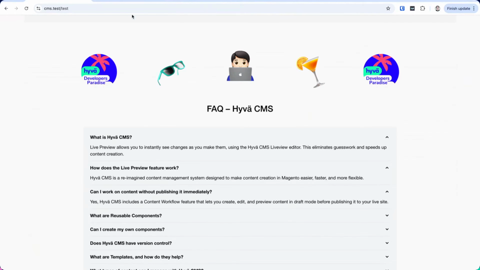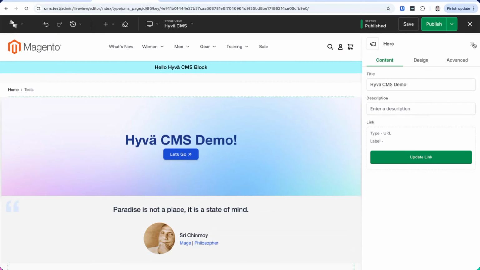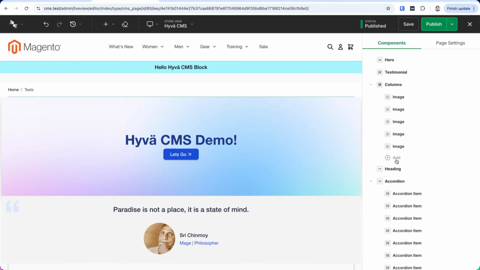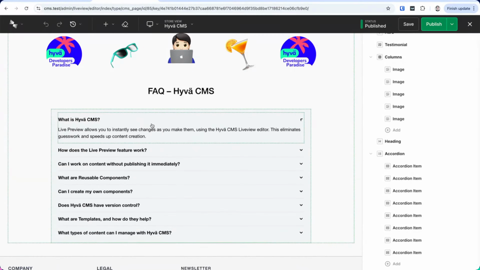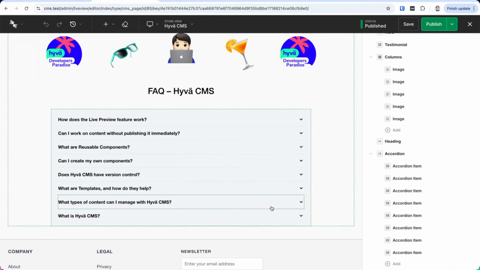And it looks exactly like what you have in the editor, right? Some more things. We have this tree where you can nest content. We can drag and drop things around. So we have "What is Hover CMS" here at the top. I'm going to move that to the bottom. Cool, it moves to the bottom, right?